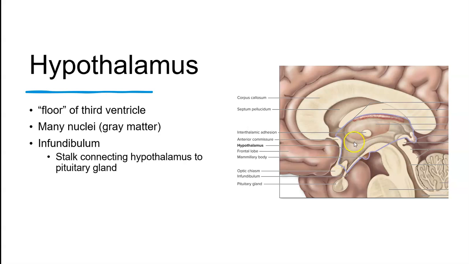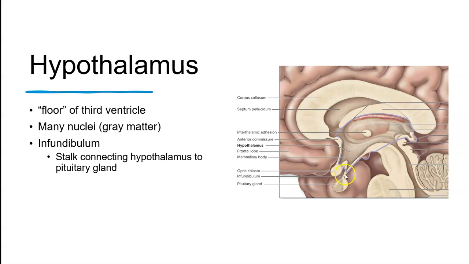And right here we have the hypothalamus, which makes up, if you will, the floor of the third ventricle. Because remember, all of this is going to be filled with fluid between the right and left sides. So you're looking at the right hemisphere. All of this would also be in the left hemisphere, connected by that little interthalamic adhesion and the corpus callosum. Now, there are many nuclei within the hypothalamus, and it is connected to the pituitary gland by a little stalk-like